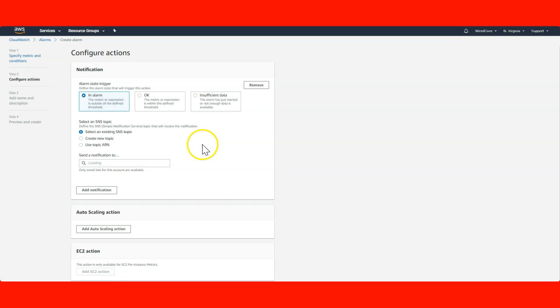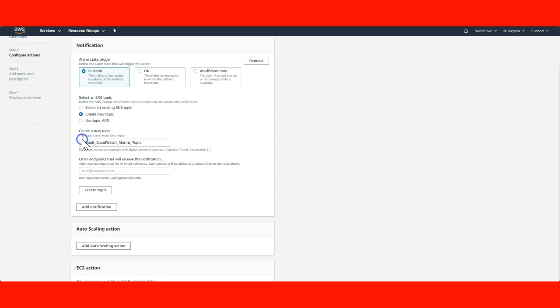Now let's hit Next, and here you need to create an SNS topic to get the email on your email ID through SNS. That's the Simple Notification Service in AWS. It's also used for decoupling your services. It's basically a messaging service, and you can select an existing SNS topic or create a new one.